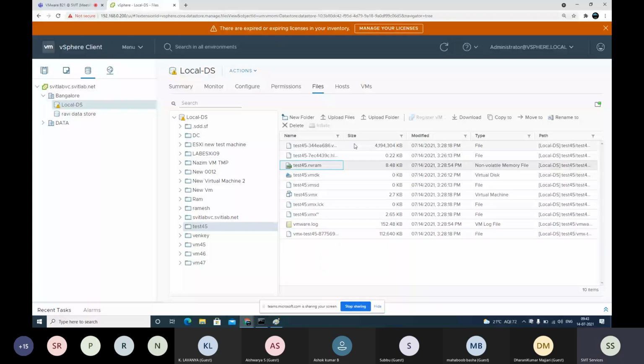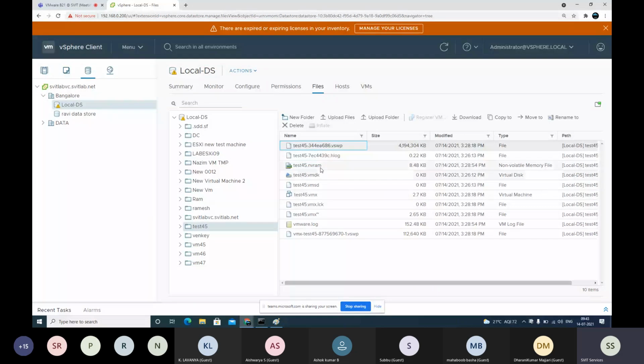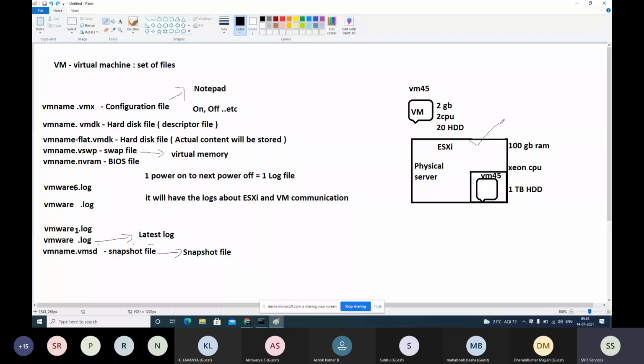This one, VSWP, and this LCK one are log files for the respective swap files. You can see two swap files, but it's not really two swap files, it's one swap. This is the main file and this is a log of that file. And this vmx.lck is also a log file on this vmx file. When you power on a VM, this ESXi machine will place a lock on these virtual machine files. That's why we see the LCK file here.